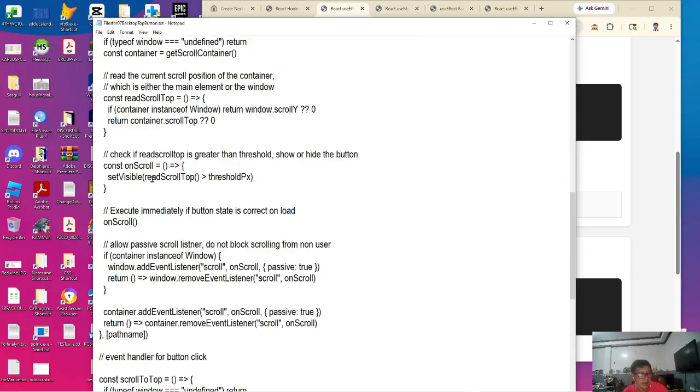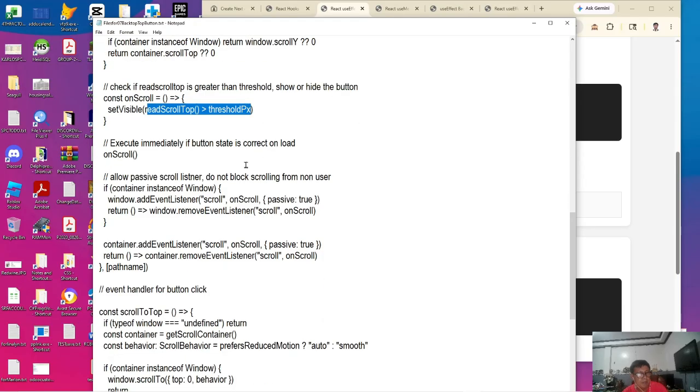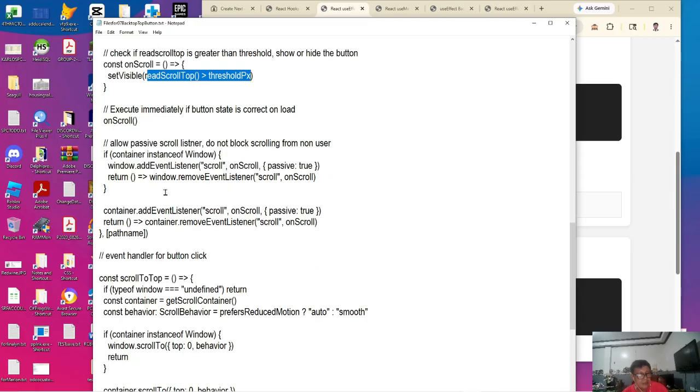Otherwise, if this condition is not satisfied, our visible state will be false, which means that our back to top button will disappear. And then call it right away so that we can either show or hide the back to top button. We will add an event listener which listens to the scroll event.